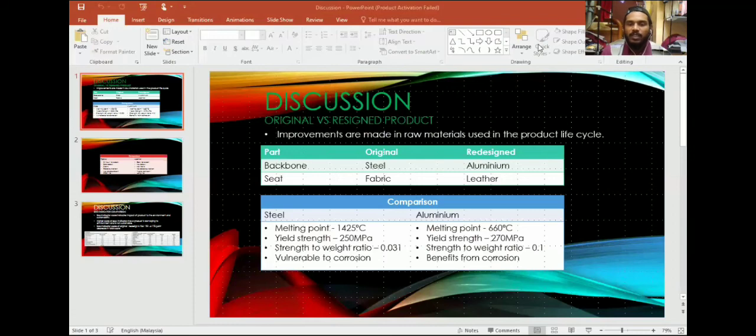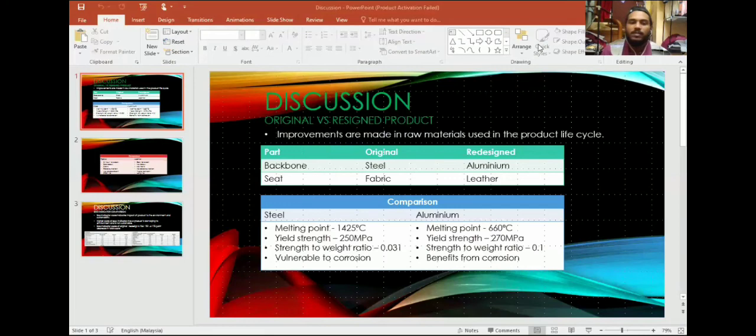So basically, you can use less aluminum to get the same strength that we get from steel with the higher weight. From here, we can conclude aluminum benefits more because we can reduce the weight but maintain or increase the strength, because the yield strength is 250 megapascal for steel and 270 for aluminum. And next, we'll be looking at the